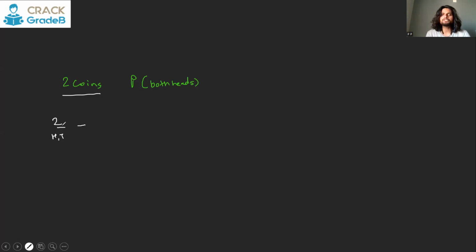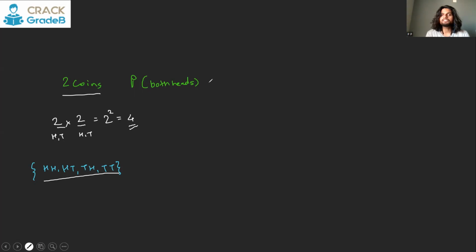So there are two choices for the first coin, and against that we again have two choices, head or tail on the second coin. So we have a total of 2 into 2, that is 2 raised to the power 2, 4 possible cases. 4 is a small number, so we can write the sample space. The sample space here is going to be HH, HT, TH, and TT. So this is how we sum up our sample space, which has these 4 elements.